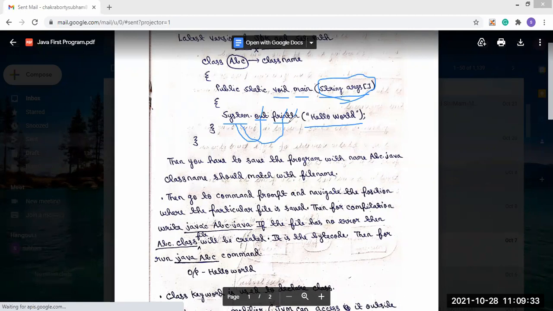Sir, and slash n means? Slash n? No, there is no concept of /n in Java. We cannot write like this. The convention is different. /n is for new line, which is used in C, but here we use ln. There is nothing we can write like /n in Java. But /t, is there a concept of /t?